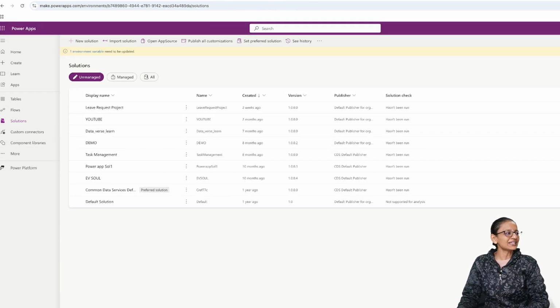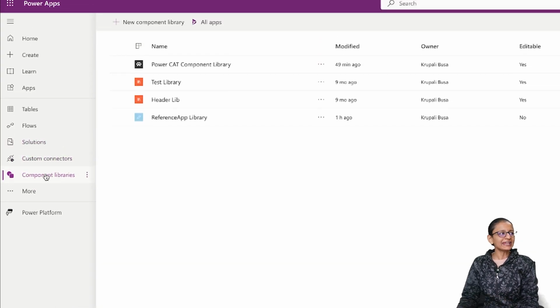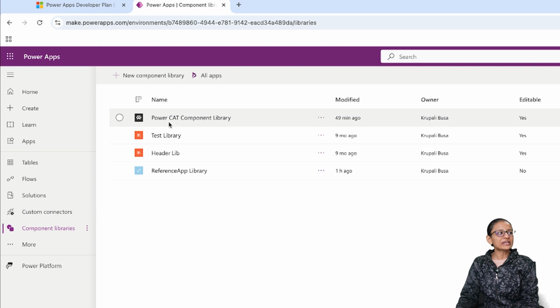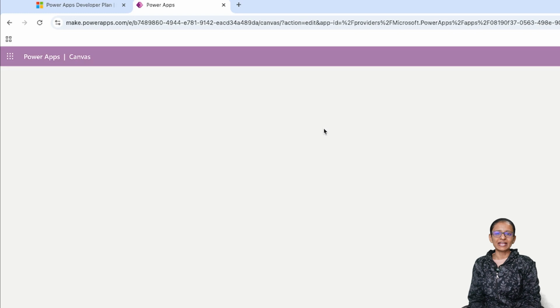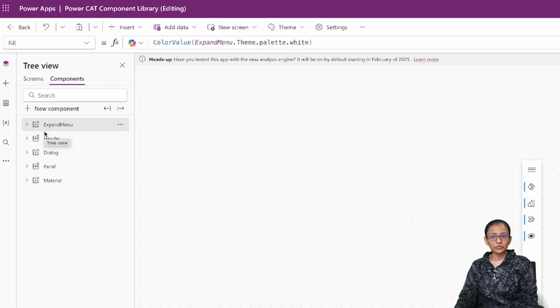Now if you want to see, here you will see that the component library menu is added, and here Power App Creator Kit, that is the Sketch component library, is installed. Click on these three dots and go to edit. So here you can see that these are the ready-made components. These are made by Power App.